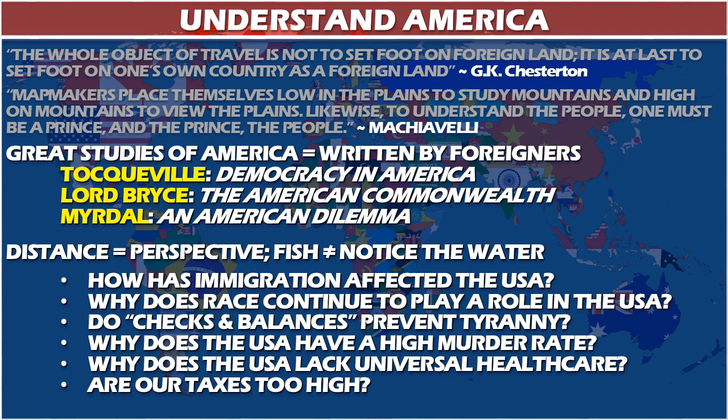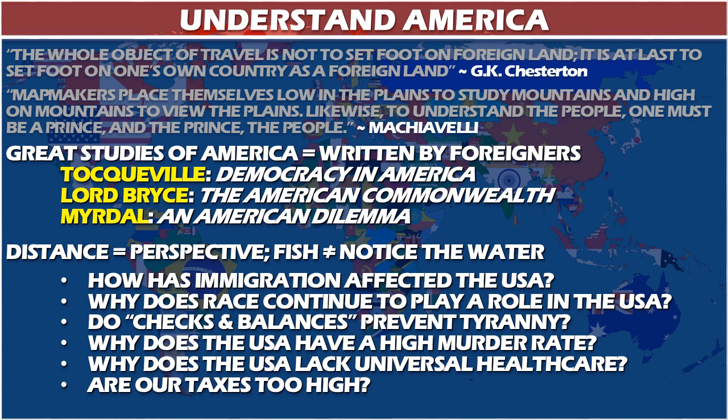There are also some questions about the United States, like the role of immigration. Some people criticize our immigration policy, but in the sense that we've had many more immigrants and we're a much more diverse country, we can appreciate what the United States has accomplished by looking at most of the countries of the world which have had equally troubled immigration policies. We can understand, for example, why race continues to play a role in the United States. But you really only understand that if you look at countries like Brazil and South Africa that also had major issues historically with race. Some of them have been done better than us, some of them not done so well.